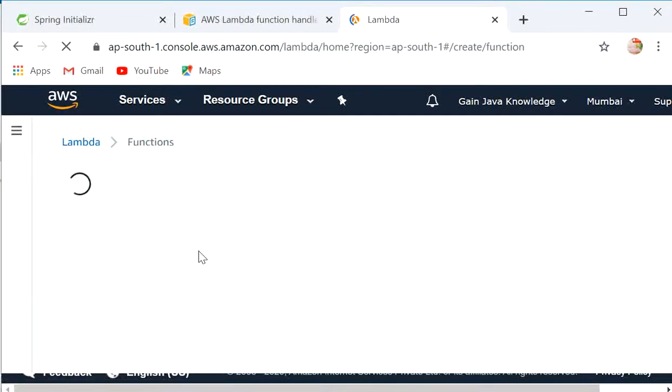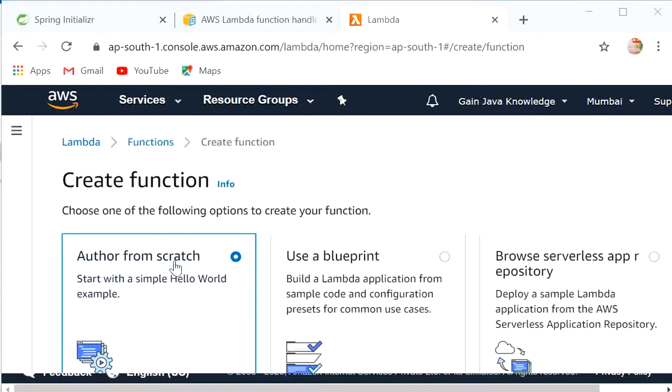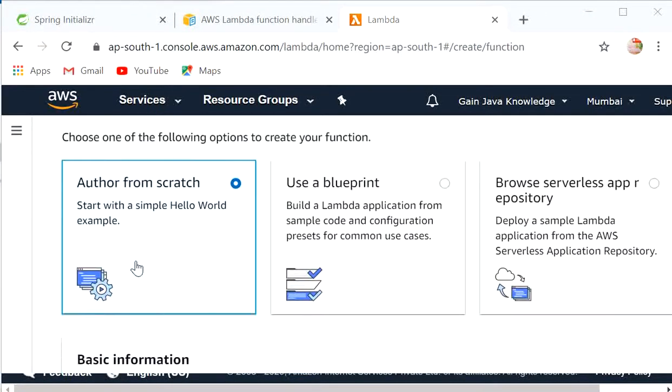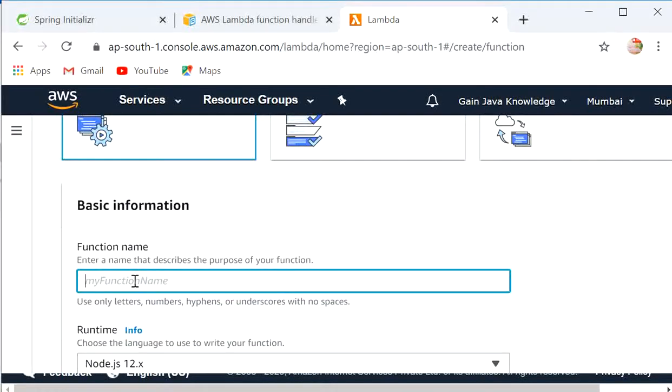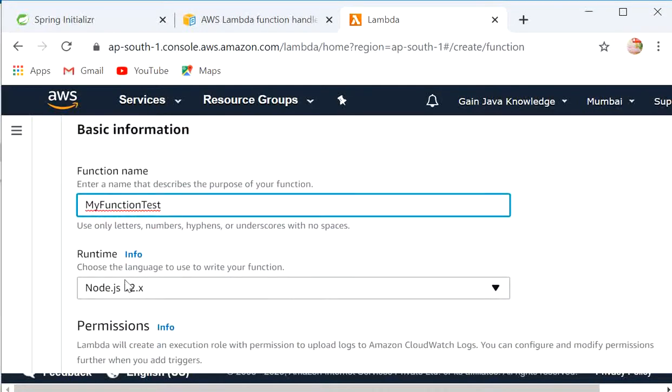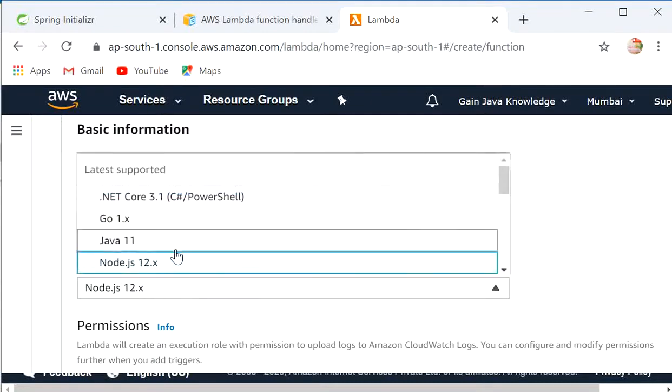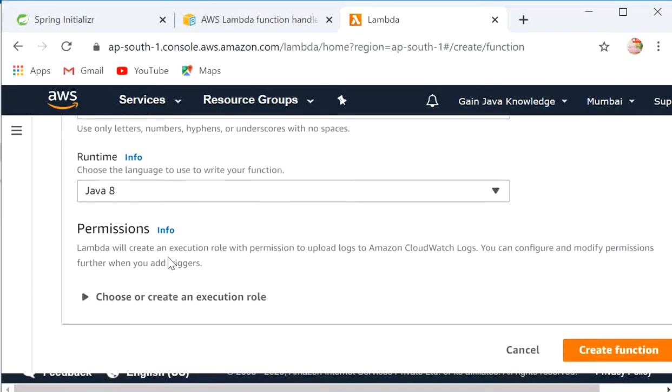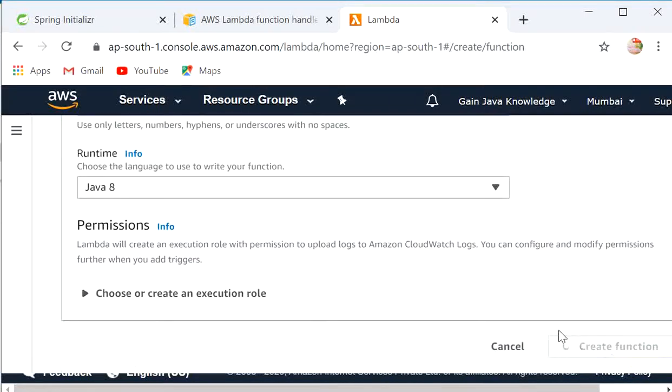So here I will create one function, and here we need to choose Author from scratch, and next the function name. So I will give here my function test, and here we need to choose the runtime, choose the language to use to write your function. So here I will choose Java 8 and click on create function.